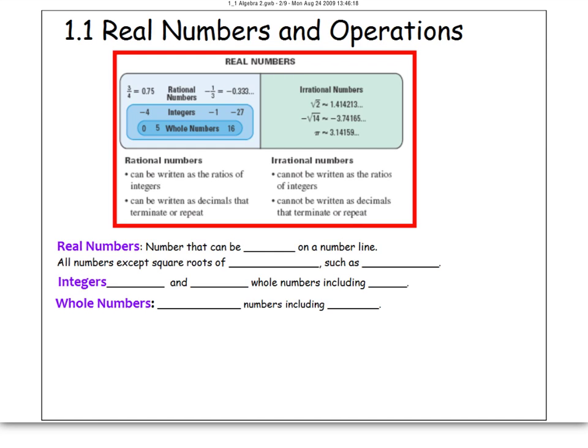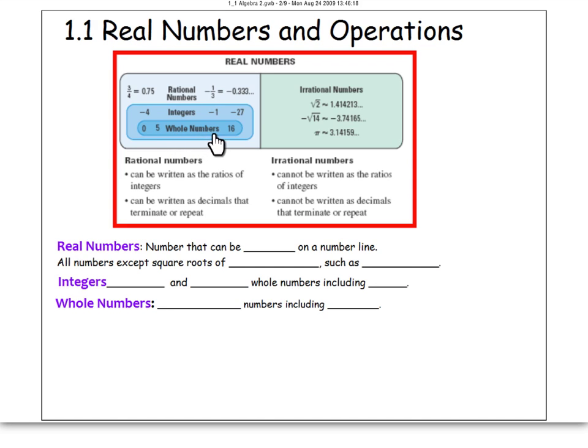The first two learning objectives in section 1.1 are to graph numbers on the number line, which is A, and then letter B is to put numbers in increasing and decreasing order. But before we talk about that, let's review what the numbers are called. If you look at the little graph here that's already put together, you're going to notice right here we have